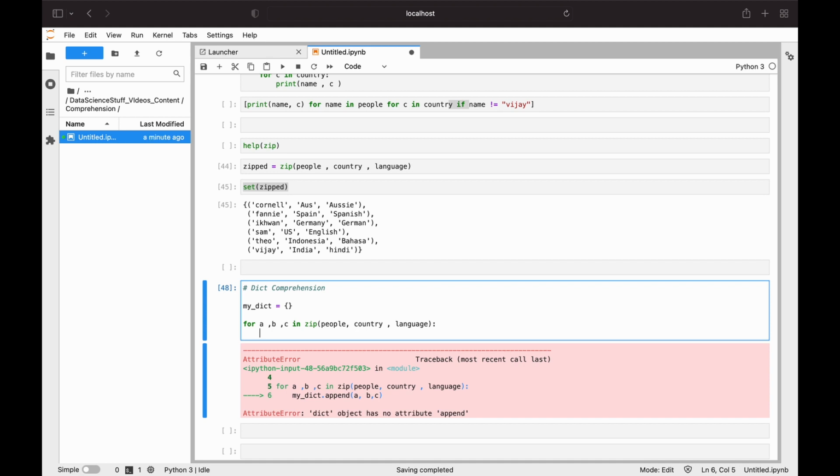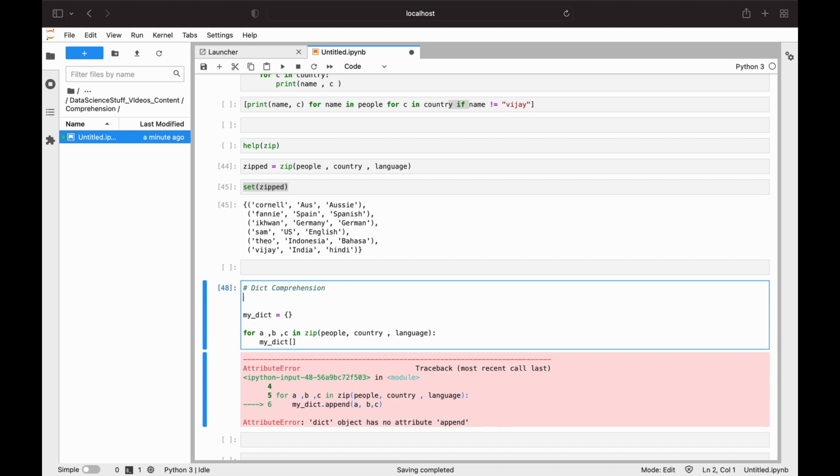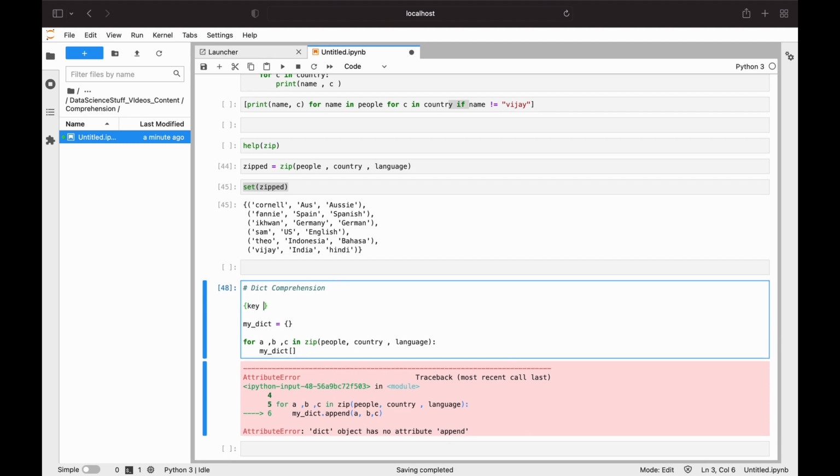So for that, what we basically do is access it by indexing. We can access it by calling the dictionary itself, so it will be my dict. You know that a dictionary is always in key value pairs, right? So it's like this: key, and then there is value. This is how a dictionary is represented. So to create our dictionary, we have to specify a key here, which will be A, for example, and it will be equal to